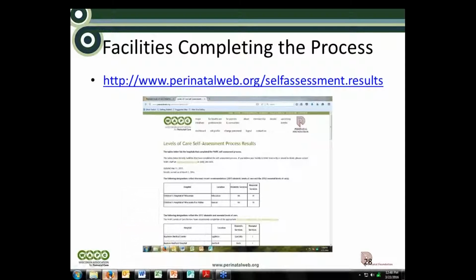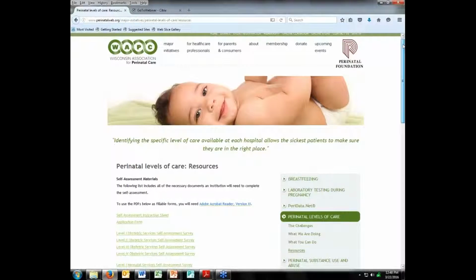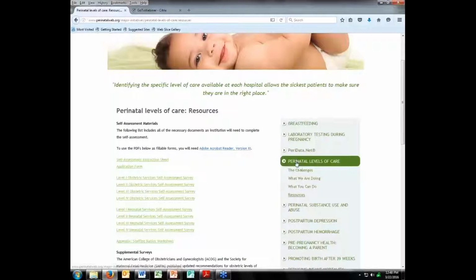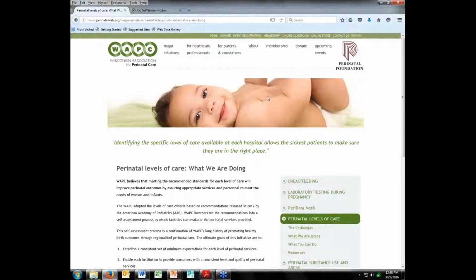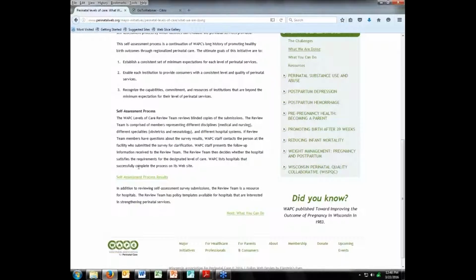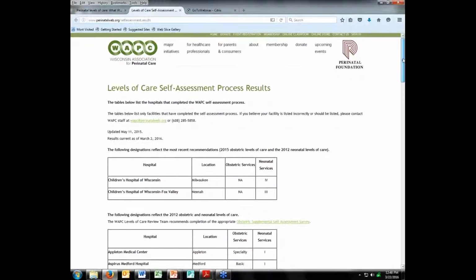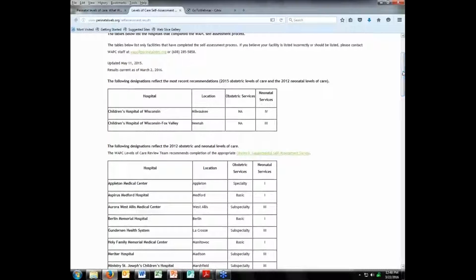So let's go back to the website. Okay, so I've taken us back to the resources. It's under perinatal levels of care under the category what we are doing. So if you click on that, you again see the baby in the header, and it's what we are doing. And as you scroll down, there's a description of the self-assessment process, and then a link that takes you to the process results. So this opens up a new page, and because of this process evolving over time and using